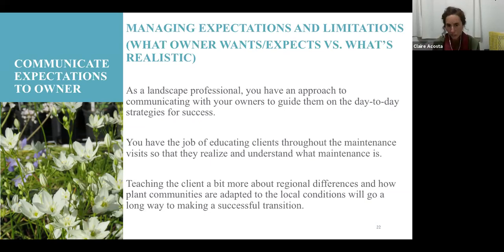So making sure that you're educating them, and so they understand what maintenance is. That's what I was talking about with the pricing worksheet, what's included in maintenance, because lots of folks really have this idea that native plants are native, so I just put them in and I don't have to do anything. So making sure that you're taking every opportunity, every touch, to explain to them what maintenance is included or what's important in maintaining their gardens, so that they are familiar with it, and it's not a shock to them when you're like,